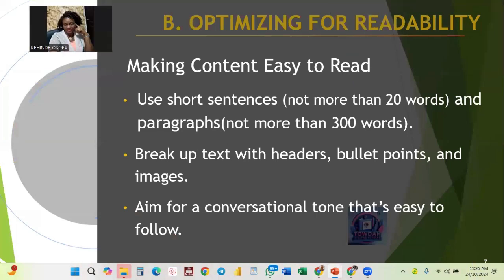We also optimize for readability. And what does that mean? You make your content easy to read. And best practices is that you use short sentences, because the longer a sentence becomes, the more technical or the more complex it becomes to understand what you're trying to say in that sentence. So best practices, don't use more than 20 words in a sentence, and then your paragraph should not be more than